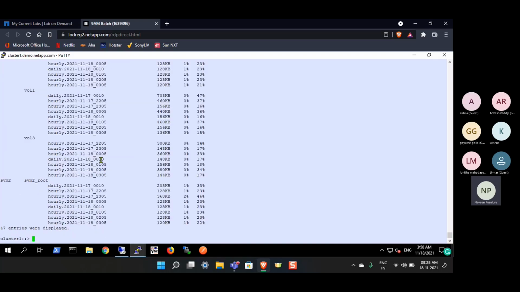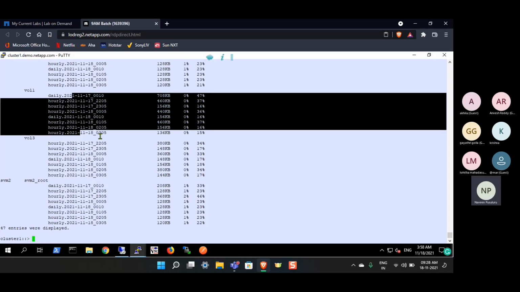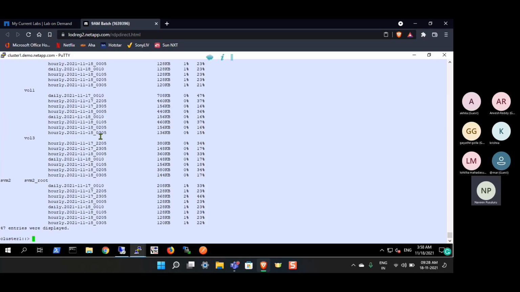See, I have not created any snapshots. Then how come I got the snapshots? These all are snapshots only. That is because by default there is a schedule called default snapshot schedule and the default snapshot policy. So when you create a volume, if you have not mentioned anything related to snapshots, then it will take the default snapshot policy and default snapshot schedule, and it will create snapshots on top of the volume. Okay,